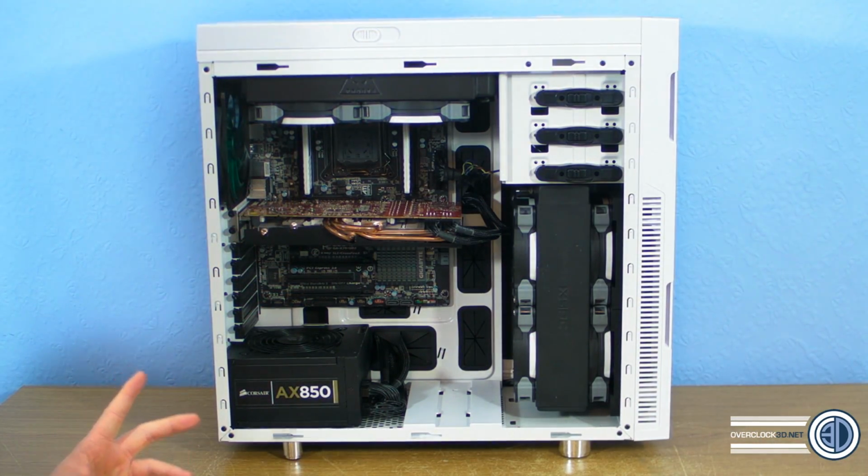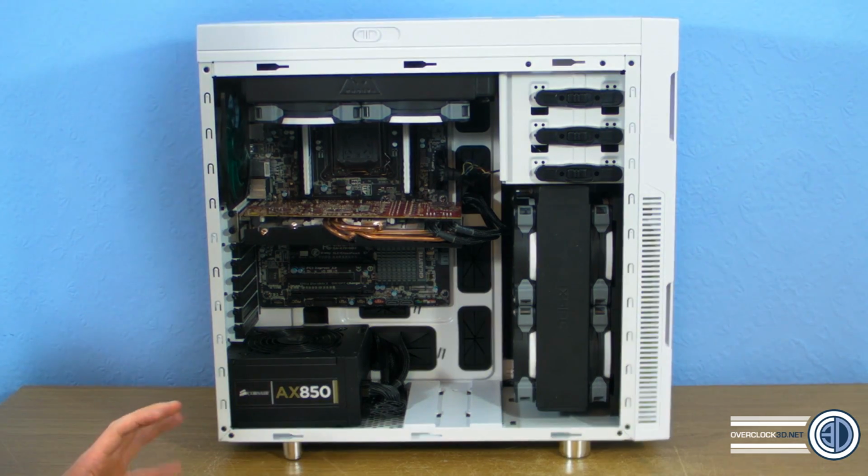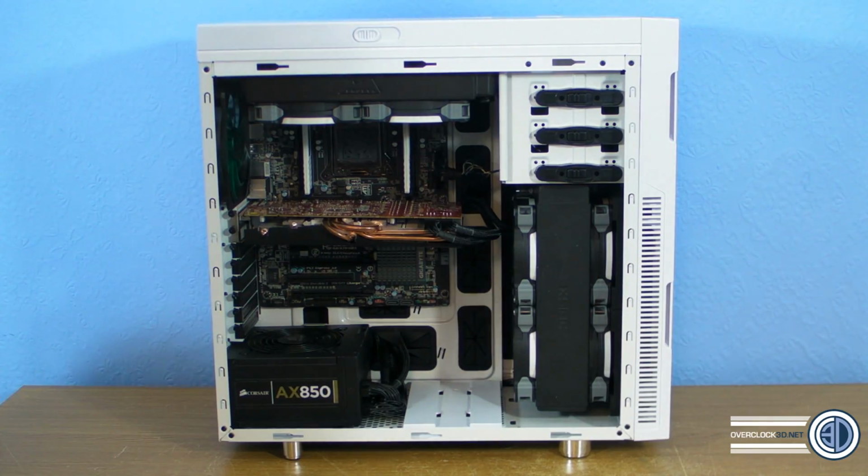Righty-heighty, as you can see, we're on to the promised water cooling segment. We are filming on a different day, which is why the clothing has changed. But anyway,